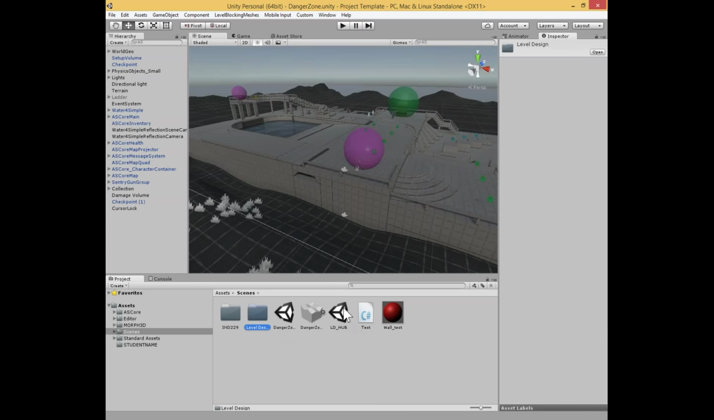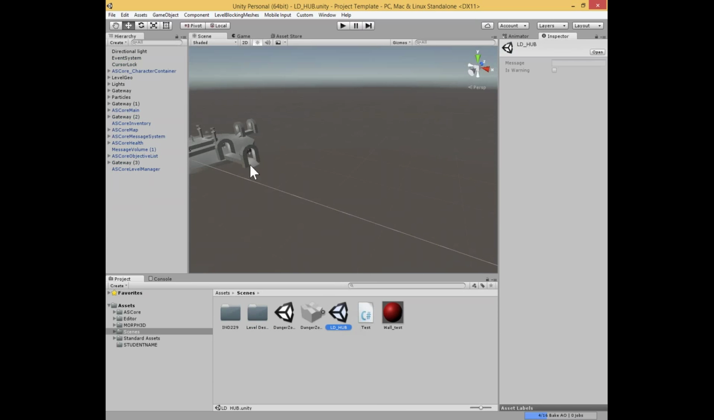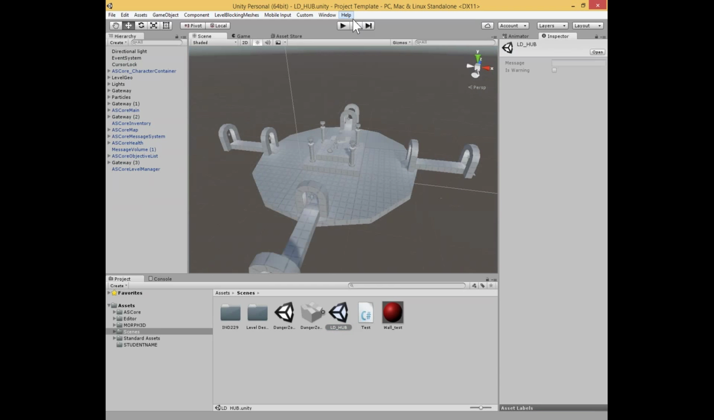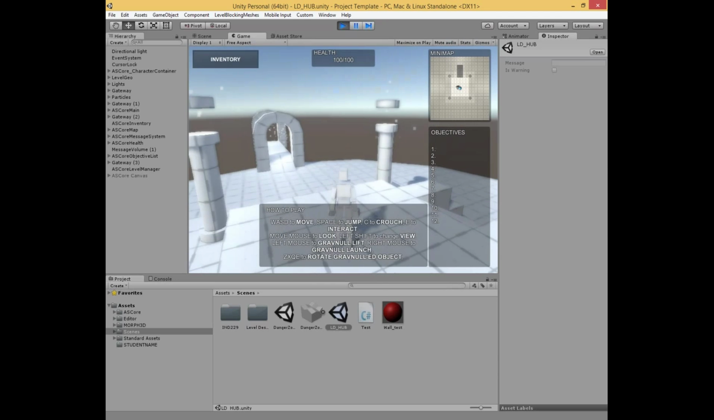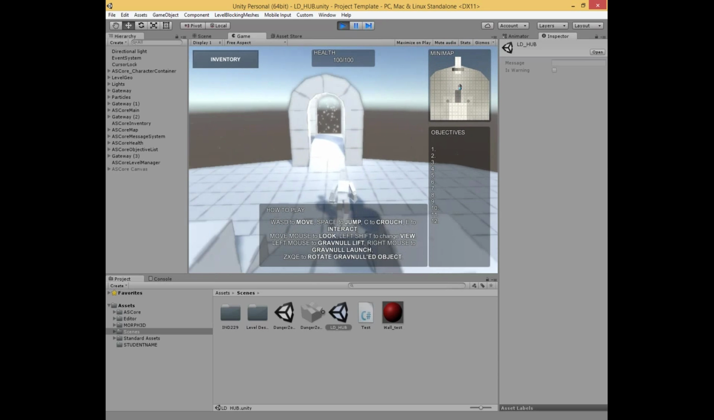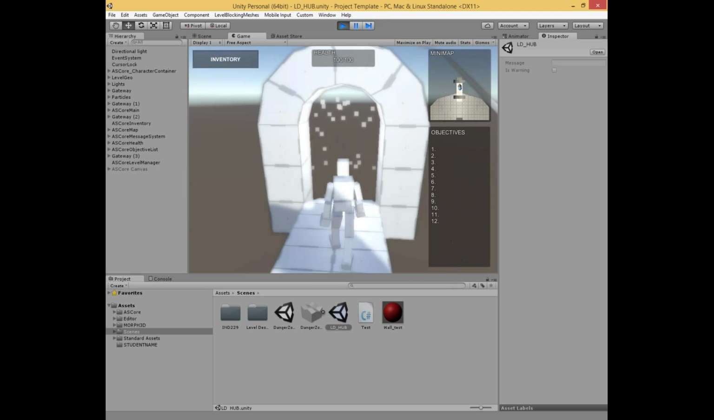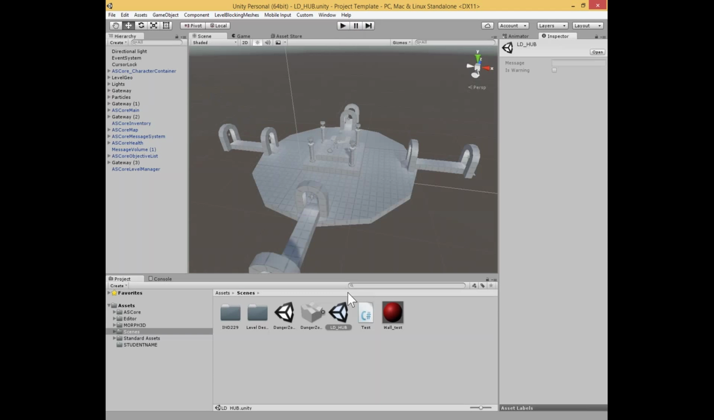So you'll see that there's this LD hub level here. So you can go ahead and open this and play around in it. Not as elaborate and cool as the danger zone, but you can see there's 4 little portals here, and these are going to lead to your other assignments for the class. So